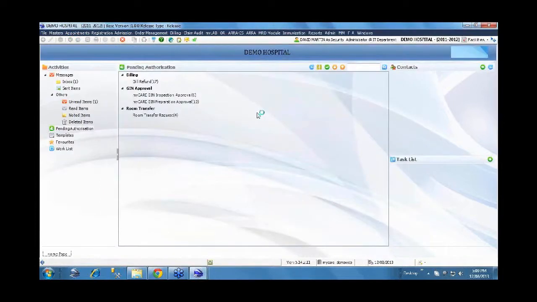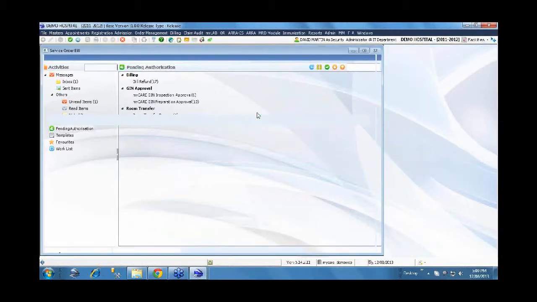Here again, from the charges that are listed, I can choose all the charges and bill them together, or I can choose a specific charge alone which I want to bill now, and generate a bill for that particular charge alone. Since we want to demonstrate the various aspects of what we have configured as part of the contract definition, we'll choose all the charges and then generate the bill.